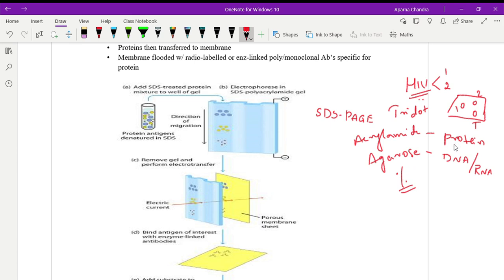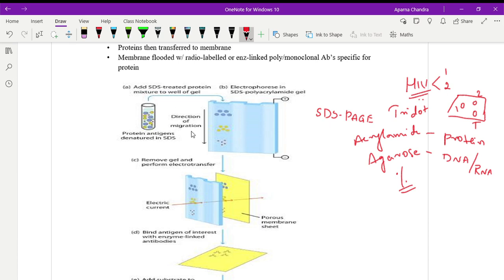Similarly, if you are taking a larger pore size, that means a lower percentage for a protein, what happens? The protein will move off fast. It won't get separated. So for that reason, generally what we prefer is we use acrylamide and bisacrylamide for separation of the proteins, and agarose for DNA and RNA, so that you will get confirmed results. But it doesn't limit that you should not use this for this or that for that.